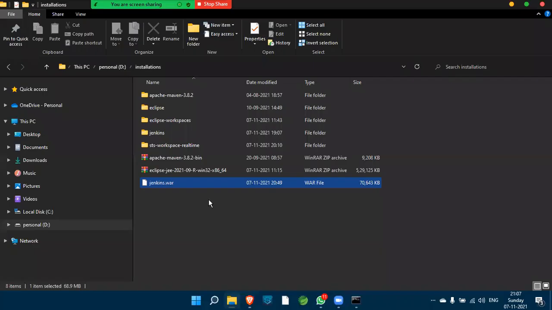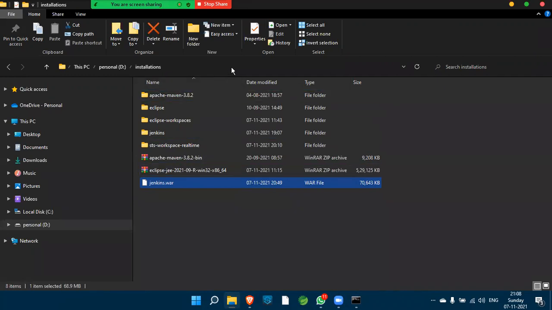See, on the left side it will be downloading. Once it finishes downloading, the war file will show up here. After that, go to command prompt.